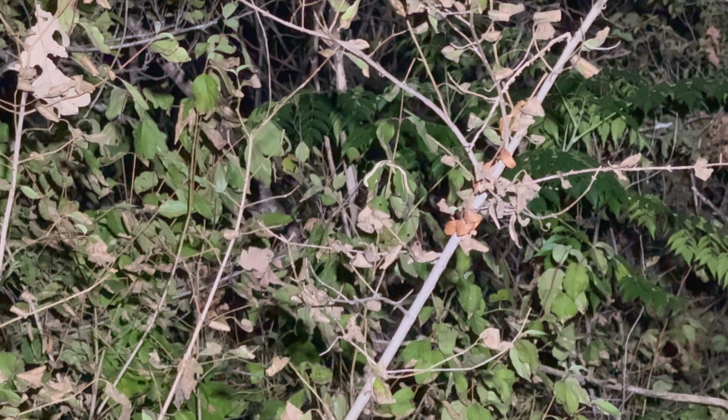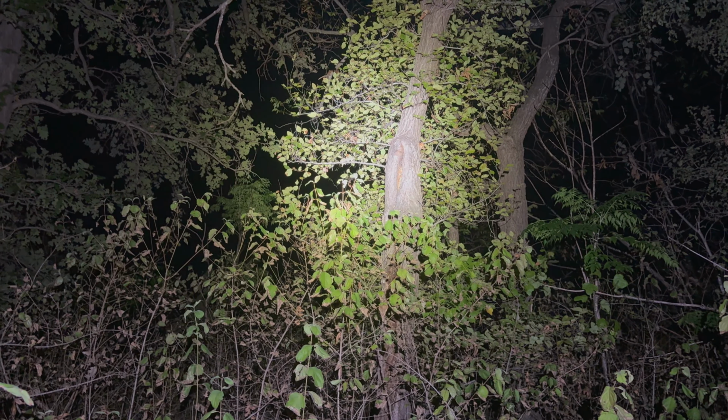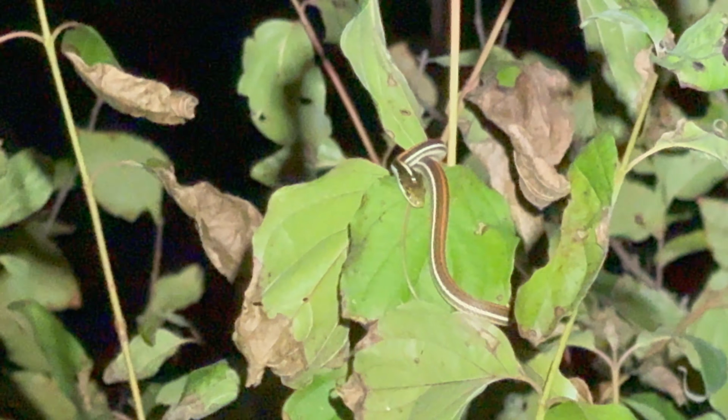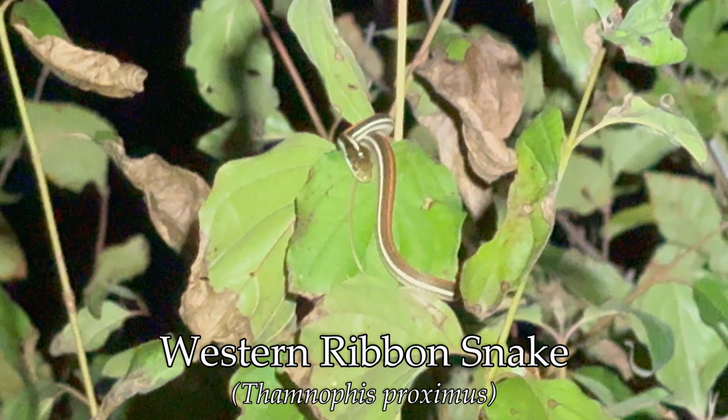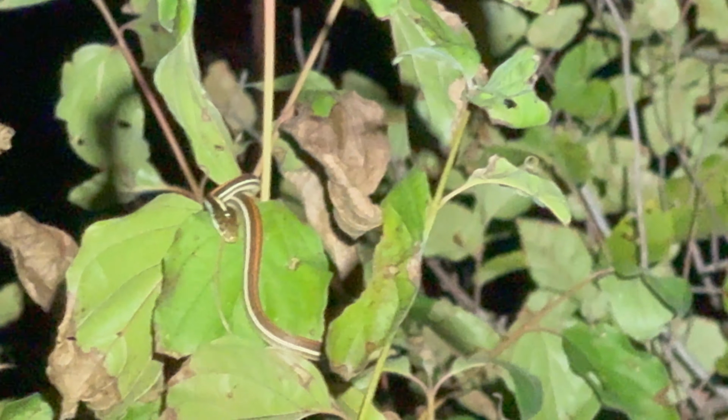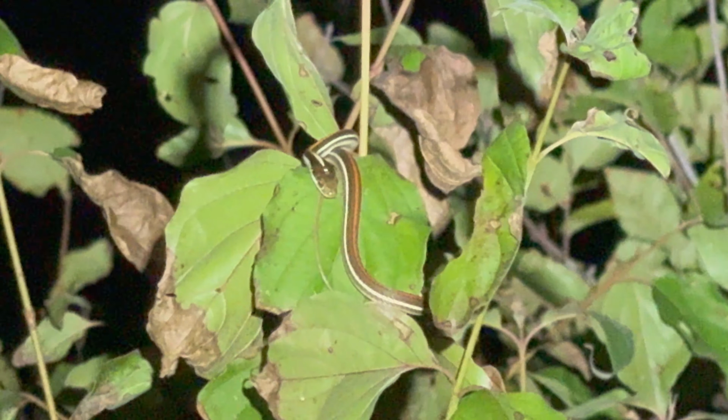Believe that I've spotted tiny little noodle. Oh, where is it on the camera? Right, yeah, it's right in the middle of the frame. Let's see what we've got. All right, now this is exciting because we have a new species. And it looks like a ribbon snake. I believe that these are western ribbon snakes, Thamnophis proximus. I could be incorrect on that, but